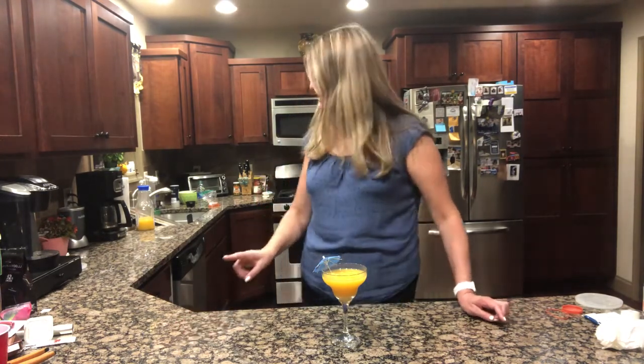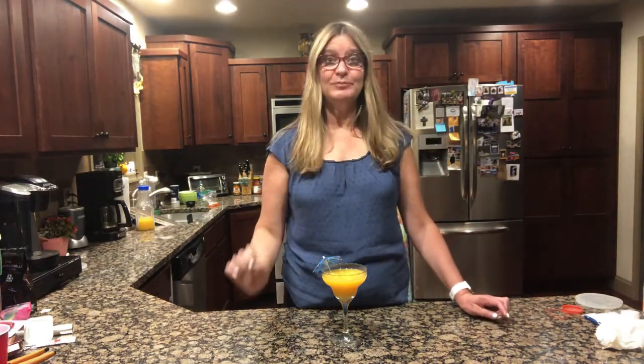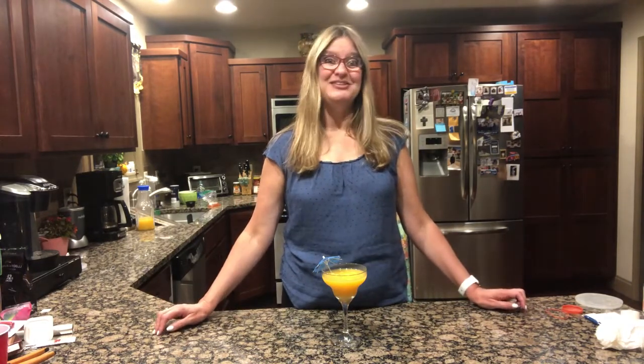You can also save your bag of the salt water, and you can just clean out the outside or have a parent help you do that. Just wash the outside of it off, and then you can put it back in your freezer for the next time that you would like to try to make